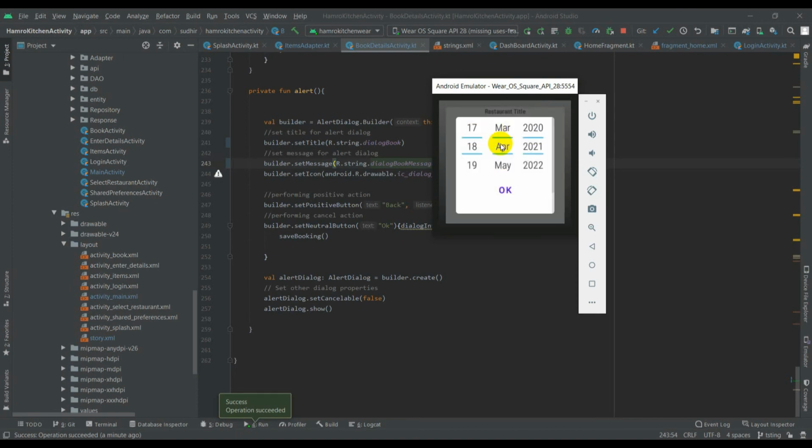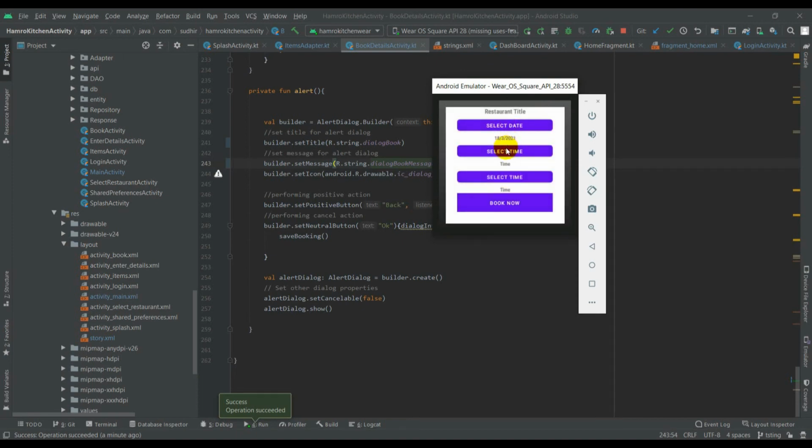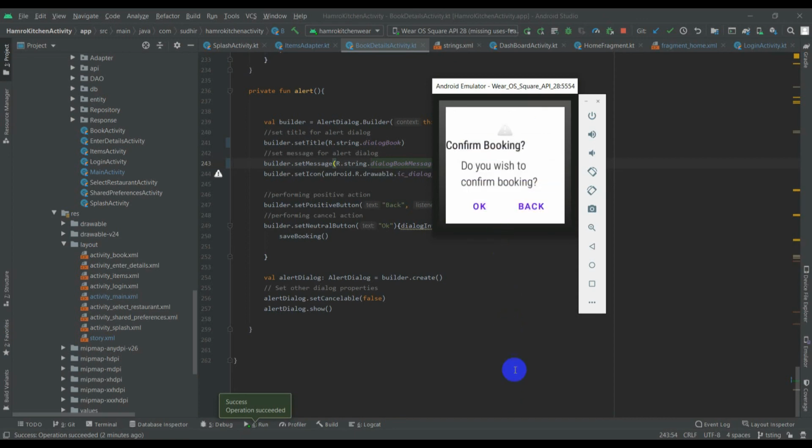And I must select each and every detail, and whenever I click on book now, it will book the hotel. And the logout button over here will allow us to log out from this wearable application. This is all about my wearable application.